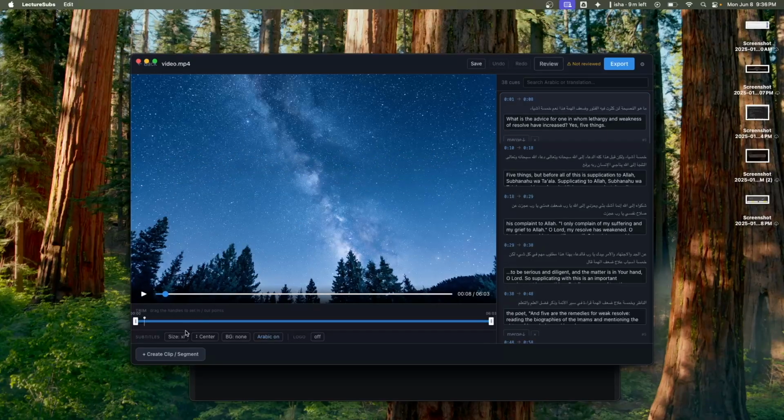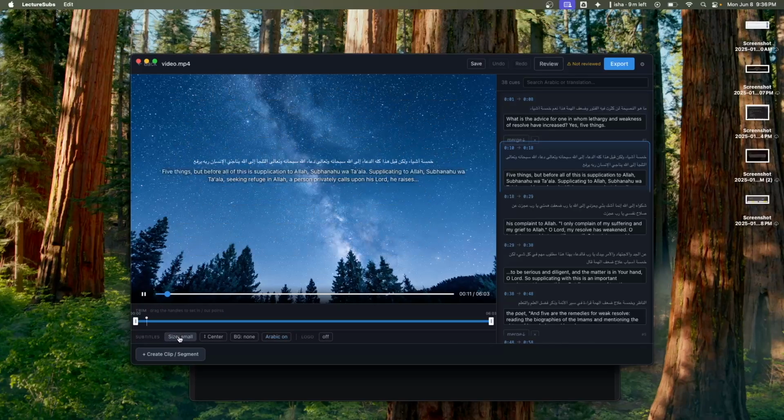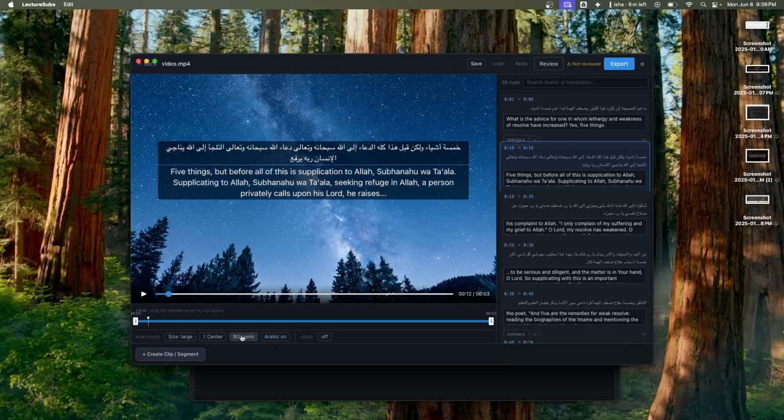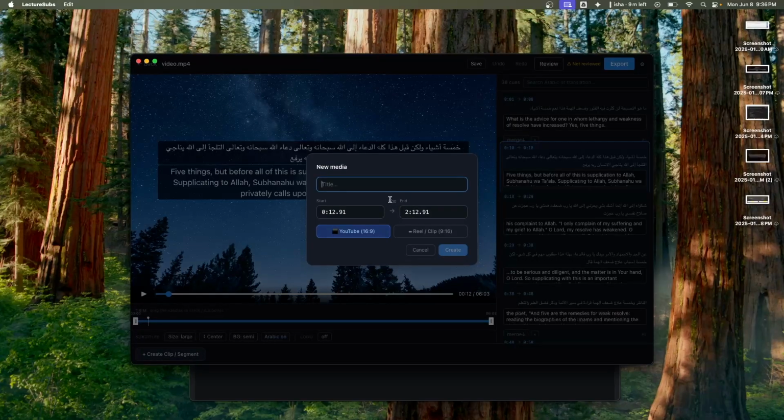Okay, and then you could mess around with the size of the subtitles. You could change the positioning around. You could add background, remove the Arabic, keep the Arabic. You could create clip segments. So